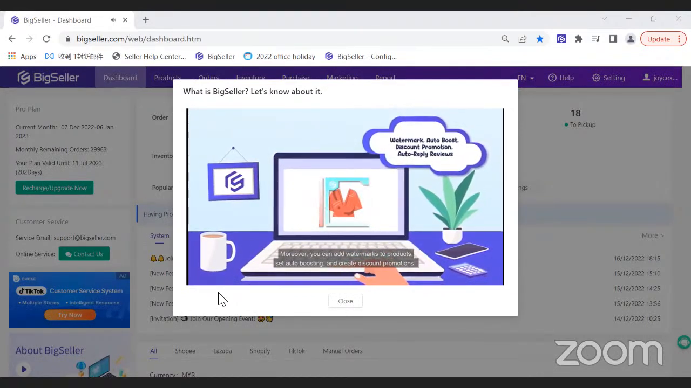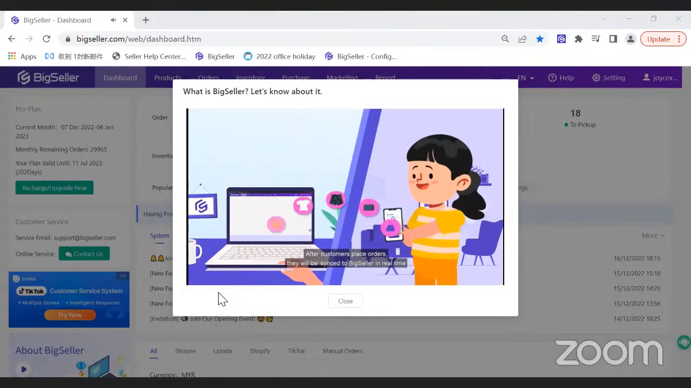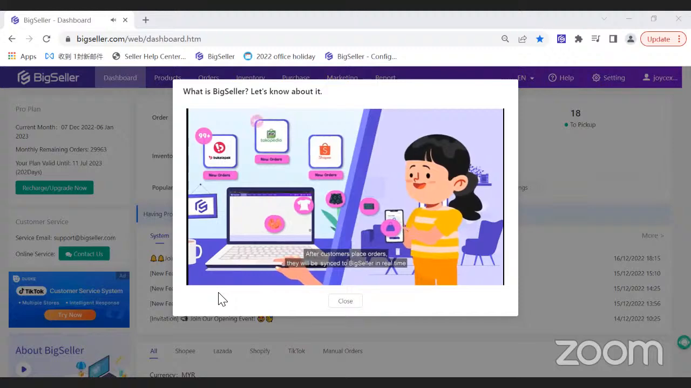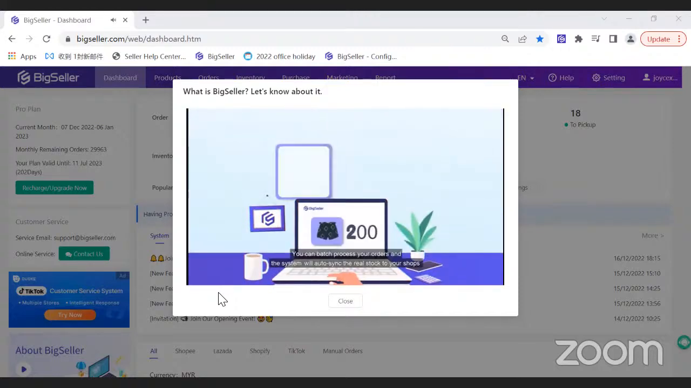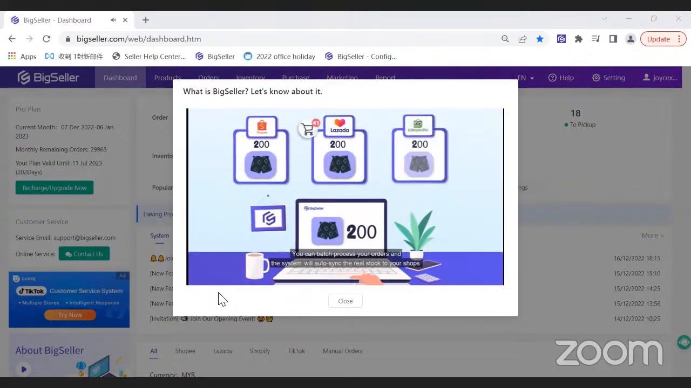Products, set auto boosting, and create discount promotions. After customers place orders, they will be synced to BigSeller in real time. You can batch process your orders in the system with